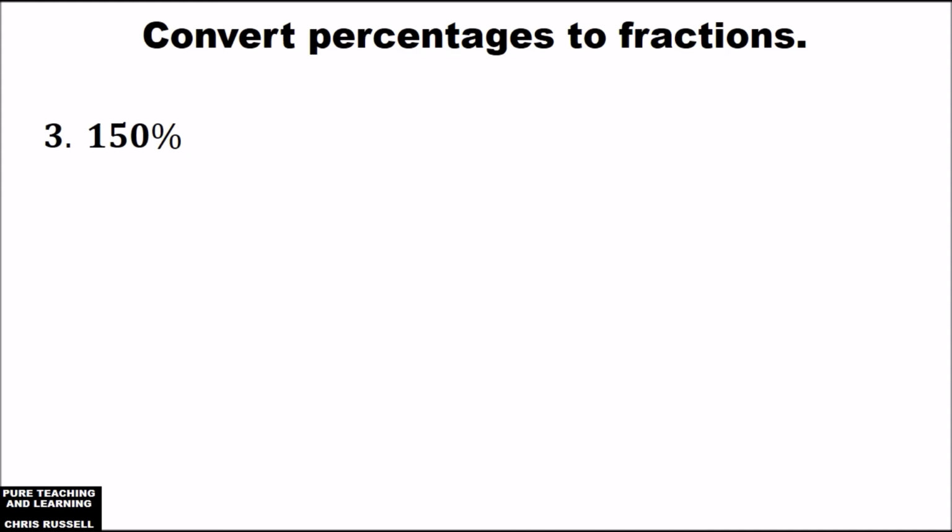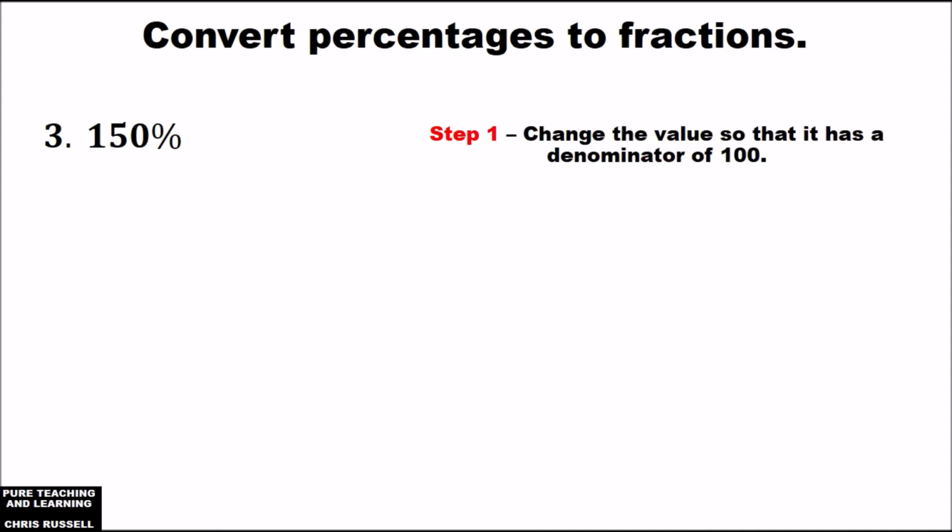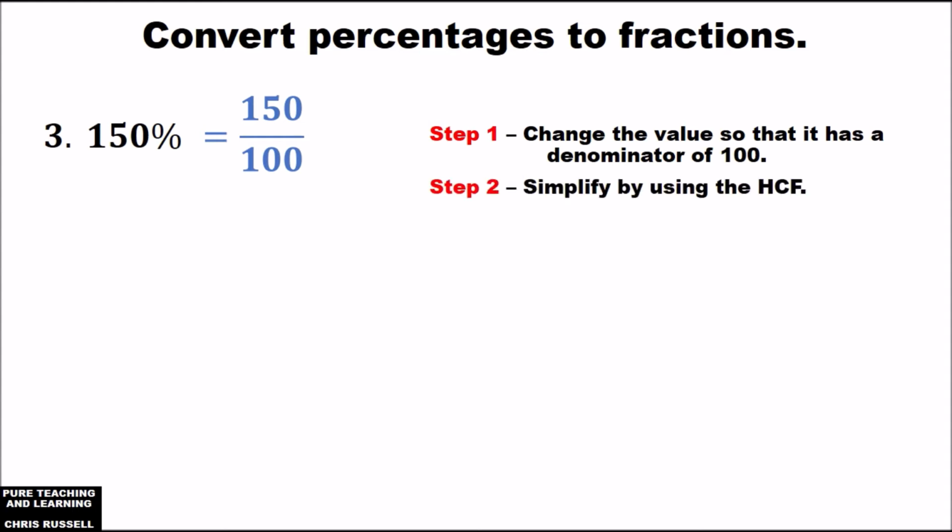Now we've got 150%. Step 1 again, change the value so that it has a denominator of 100. So therefore we have 150 over 100. Step 2, simplify by using the highest common factor. In this case, the highest common factor is 50. 50 goes into 150 3 times. 50 goes into 100 twice. So now we have